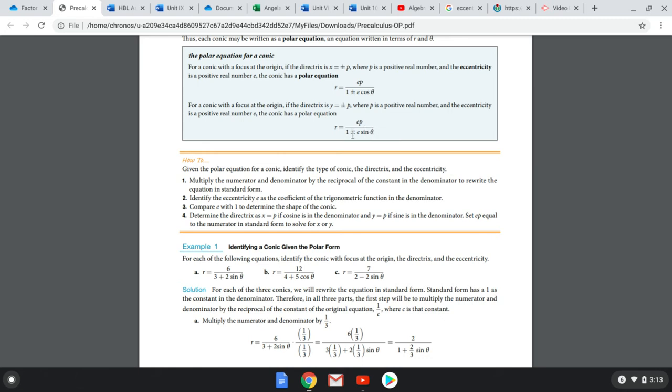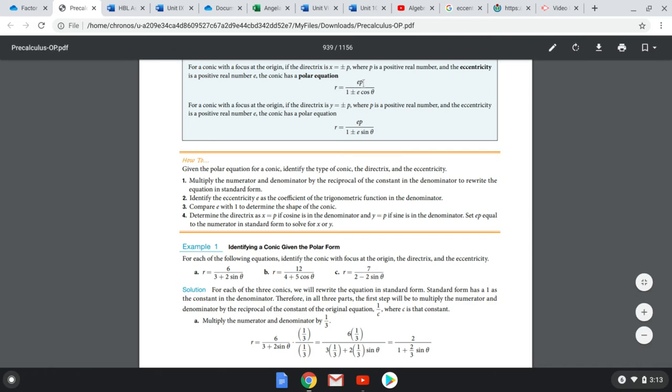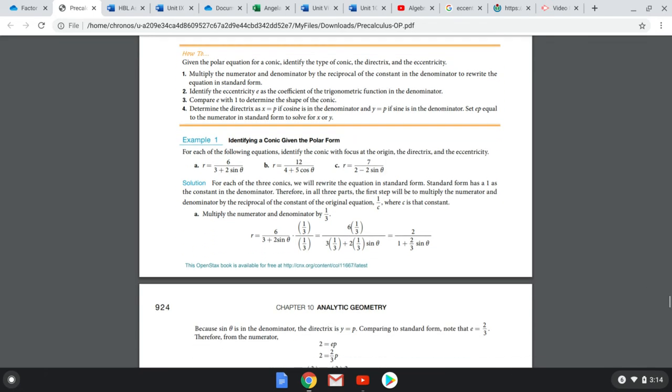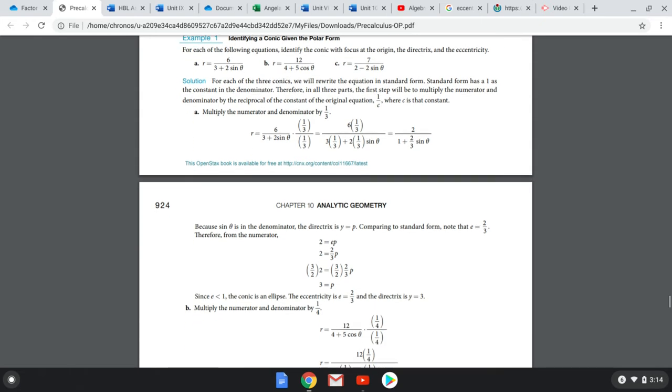And then you have E times P, where E is the eccentricity and P is the distance from the origin to that directrix, which is thus x equals plus or minus P. So it's the distance from the origin, which remember is a focus, to that imaginary directrix. And that's basically all you need to know there. So then if we want to identify which conic we have,